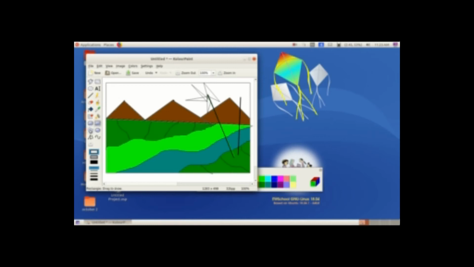One thing you have to remember: if there is a gap in between any of the triangles or rectangles and other things, the color will flow out. I will show you how the color will flow out before closing this picture.